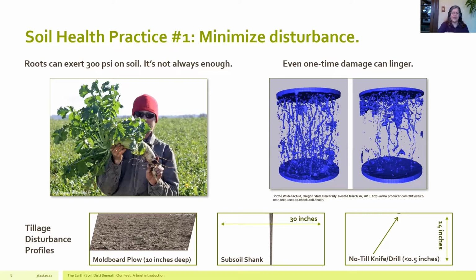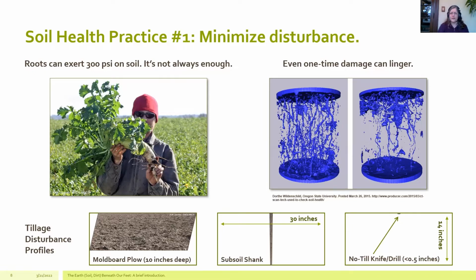So that's the first bend. And then that put its leaves in the shade of the other plants. So then it bent the top back up. That's called positive phototropism, so that it could get its leaves back in the light and keep photosynthesizing. So that is about as good a demonstration of what compaction means in terms of plant growth as I can imagine. And these fields were not hit with, if you look at the bottom, the tillage disturbance profile, a moldboard plow. They were hit with something more like a subsoil shank,